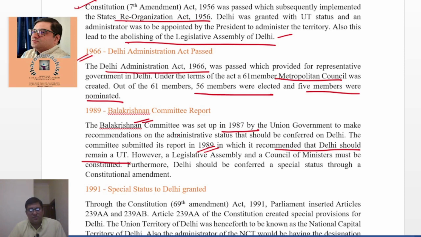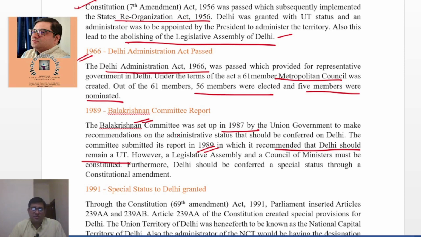it houses the diplomatic enclave, Chanakyapuri, as you all know. All the embassies and high commissions are present in that locality. Sensitive installations are there. The seat of the union government is there. So keeping all these factors in mind, the Balakrishnan committee in the year 1989 in its report recommended that Delhi